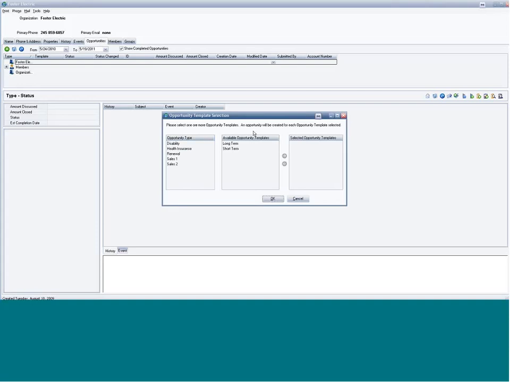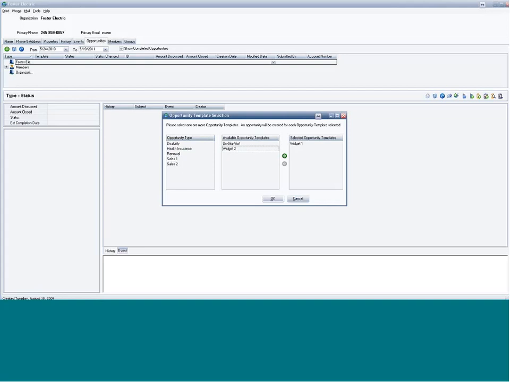There's going to be an opportunity type, an opportunity template for everything that you'd be doing. So depending on what kind of service that you provide or what kind of product that you provide, it's all going to be in here, and it's going to be completely detailed and distinguished from the other products or services that you provide. And what I mean by that is if I go over here to Sales 1